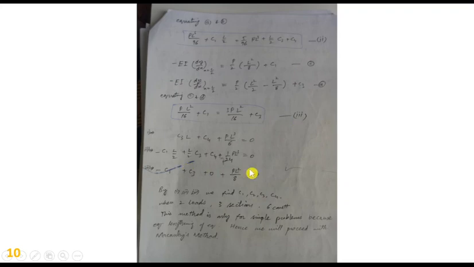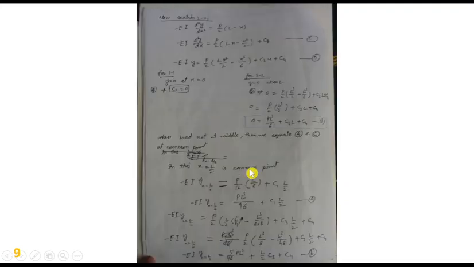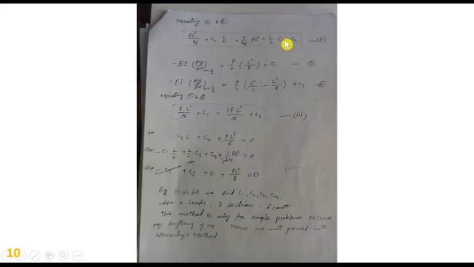So we have 3 equations, 1, 2 and 3. The second and third are obtained from the continuity equations. So one will give this, second will give this, third will give this. By 1, 2 and 3 we find c1, c2, c3, c4. With 2 loads there are 3 sections and 6 constants. Here in this problem there was only one force P, so there were 2 sections and 4 unknowns. But when 2 loads are there, there will be 3 sections and more constants.